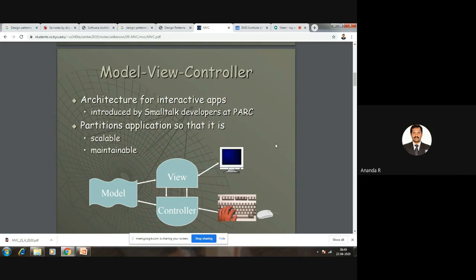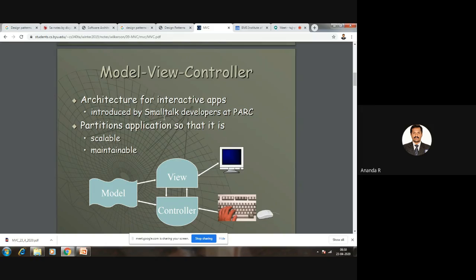On the design, the model view controller components are all very important. This explains the architecture of our model view controller pattern, which is used in interactive kinds of applications. It is an architecture for interactive applications, introduced by the Smalltalk developers at PARC, a developers team.